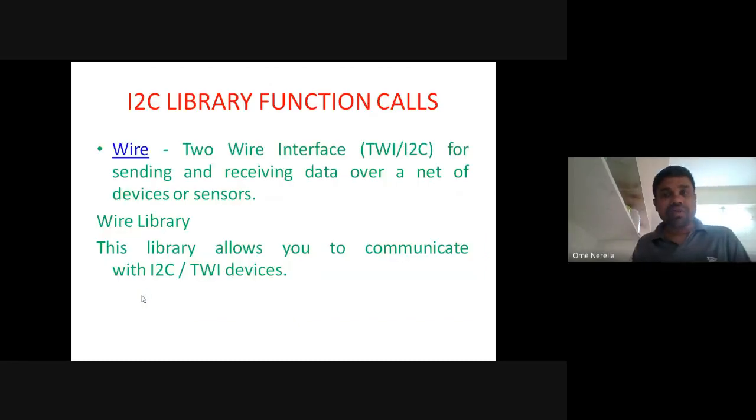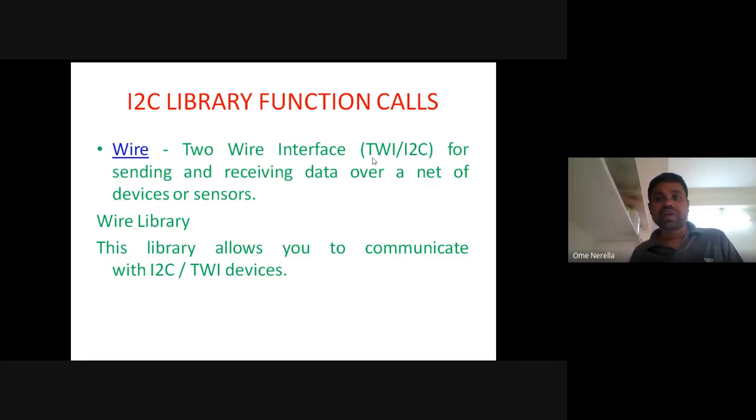Okay. In order to perform this program, a predefined library is available. Already you know that for LCD there is the LiquidCrystal.h library. Here also one library is there. That is the Wire.h library. Here the idea is the same: Wire protocol, I2C protocol, or two-wire protocol. The name is the same, but they use the word wire. Wire protocol and I2C protocol are the same thing. Wire is also called the two-wire interface protocol.